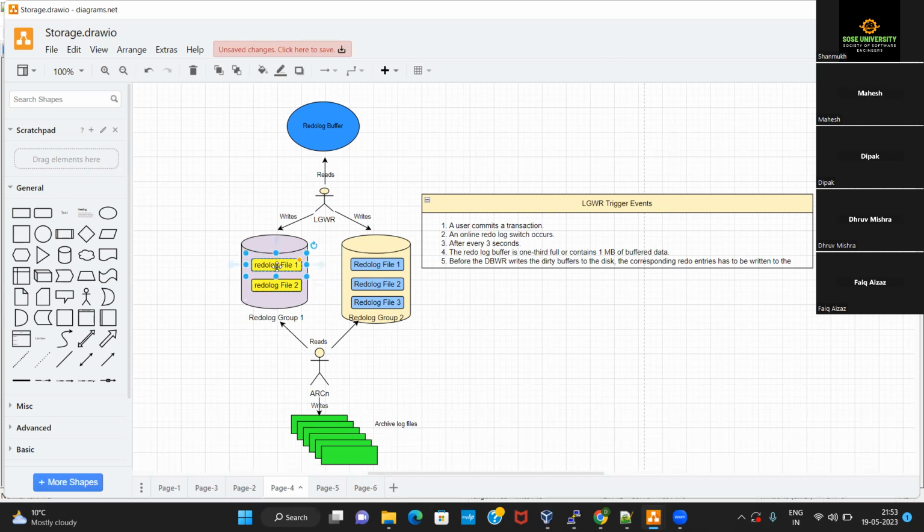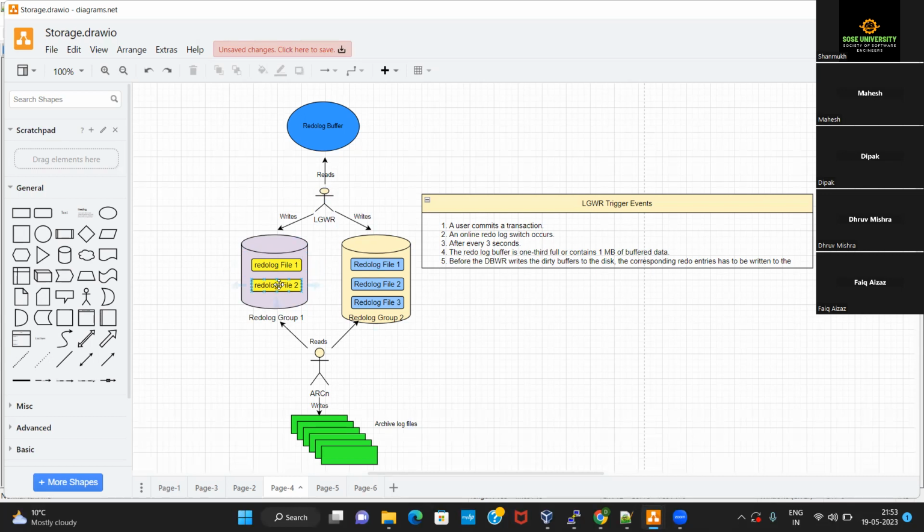What is the use of multiplexing these redo log files? When the LGWR process gets activated, it will write whatever redo entries it is going to write inside redo log file 1. It will write the same redo entries into redo log file 2 as well.